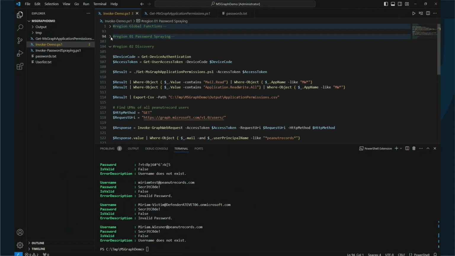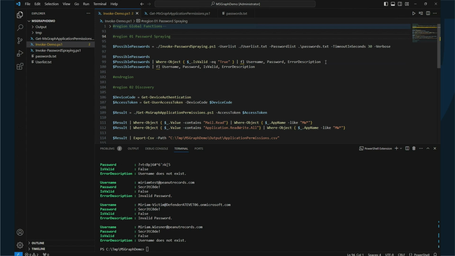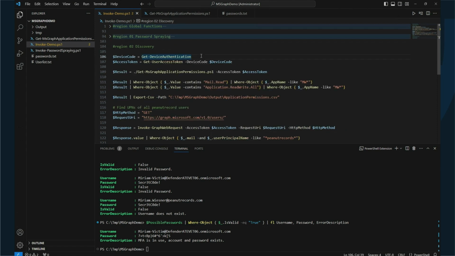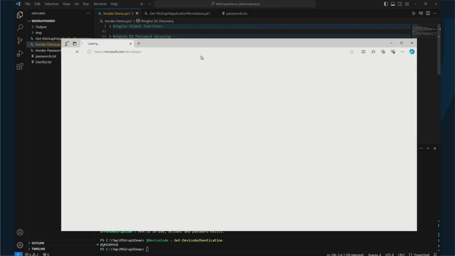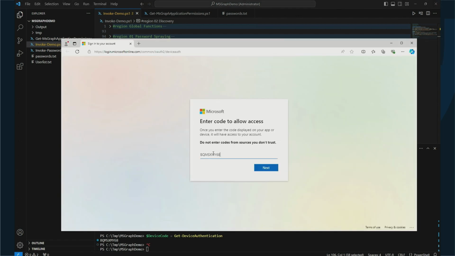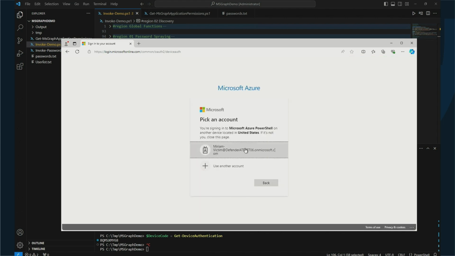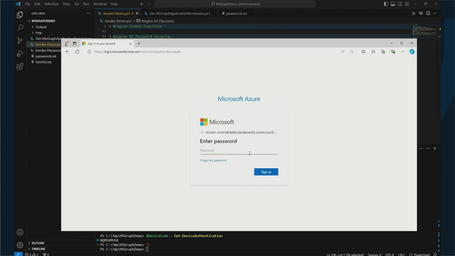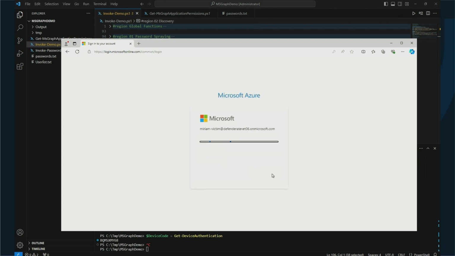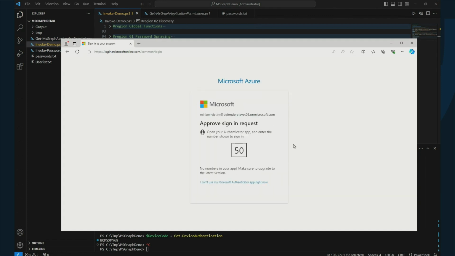To continue, we now need to log in as Miriam victim. And for that, we, of course, need the password and the name. We use the get device code, supply the device code. We define what account name we want to log in, and we get the password that we found out to be valid. We enter the password, and boom, now we get just prompted for a sign-in request for MFA,